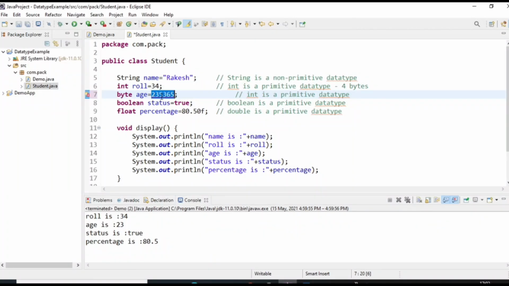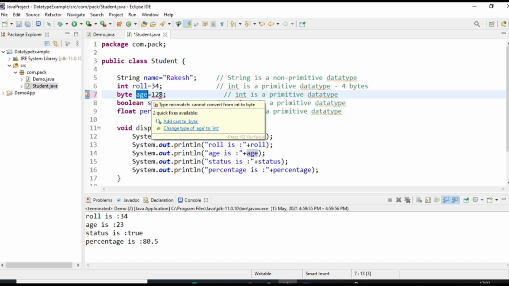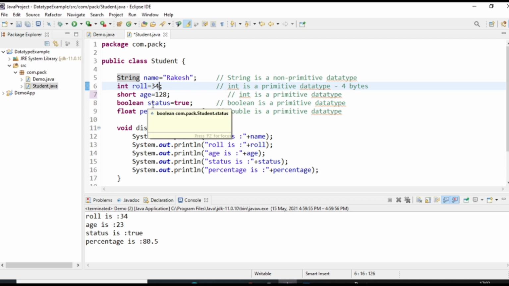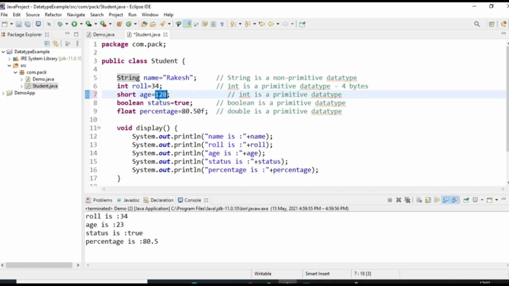So if you write 127, then it will store. But if you store a value greater than this, see there is a compile time error, right? So if you want to store a value greater than 127, then in that case you can use short, right? You can use integer. So while writing our code, a programmer should know the requirement, which type of value and what is the size of value we are going to store, right?